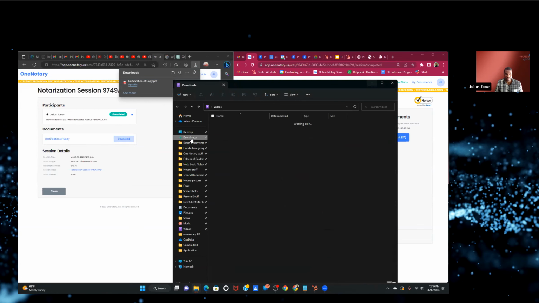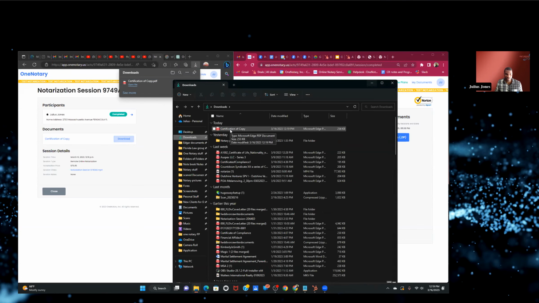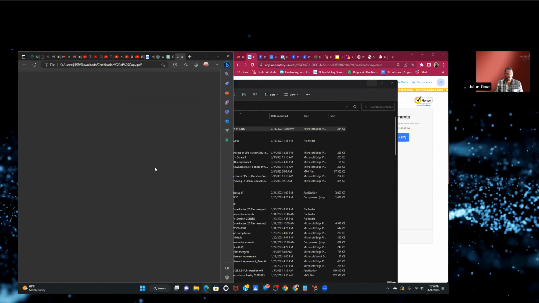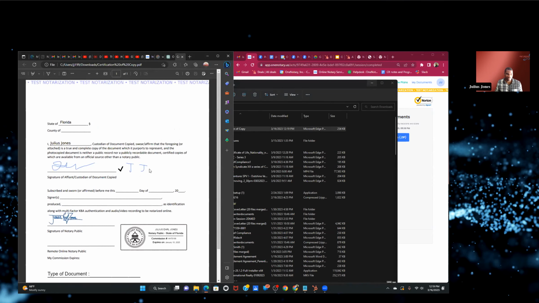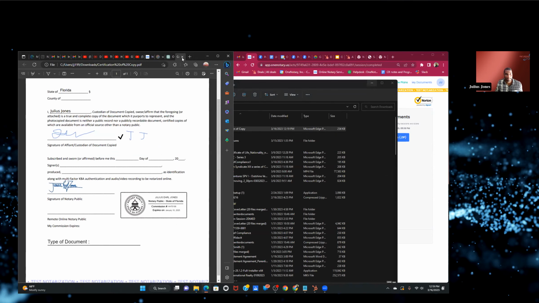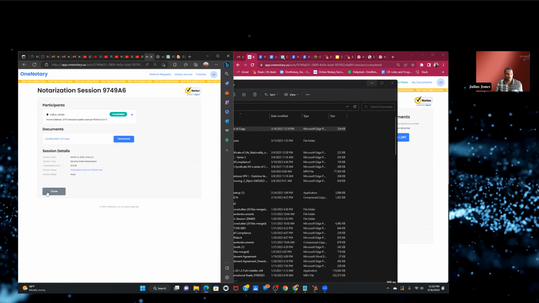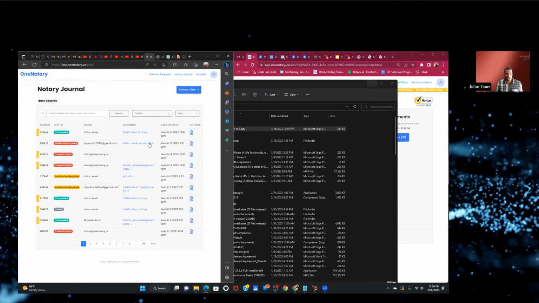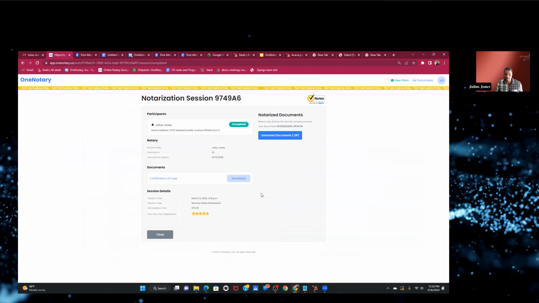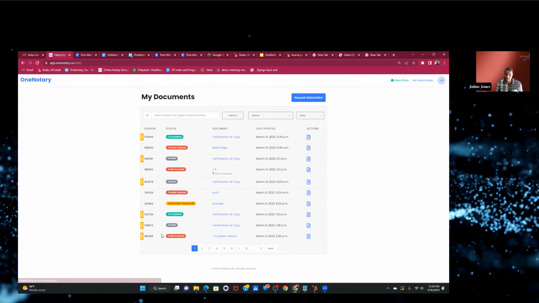And if we just look here, how this would look on your end, will look exactly like we did here. And when you print it off, it's going to look exactly like this. So that's pretty much it as far as how to actually send an invite and client from start all the way to finish. The last thing I want to go over here is pricing. And then that'll be it for the demo. And then if anyone has any questions, you can ask me any questions and we can pretty much take it from there.